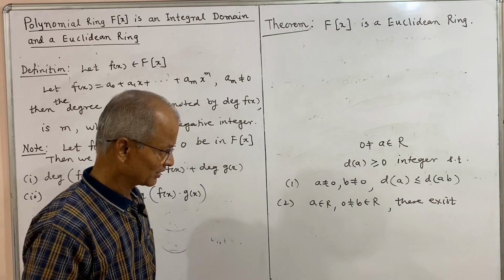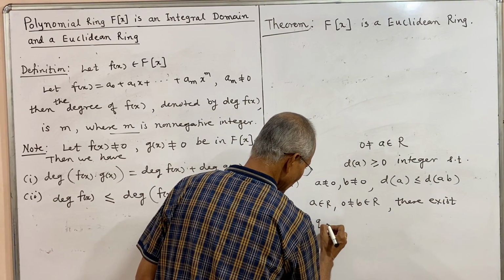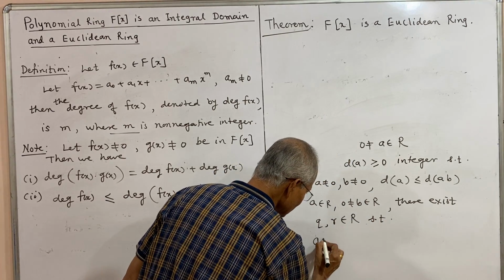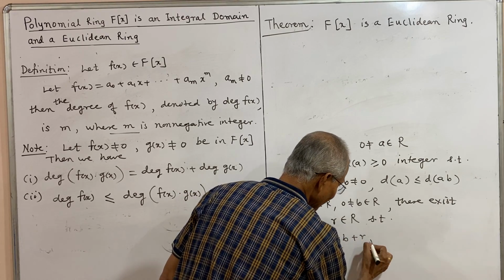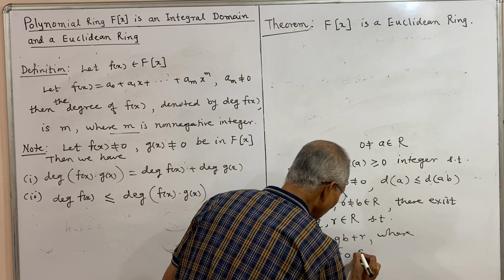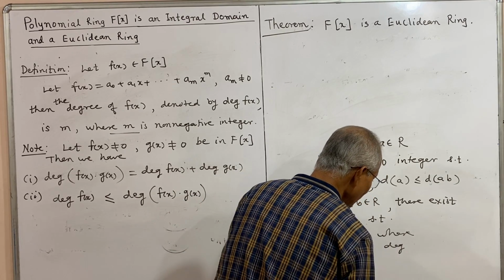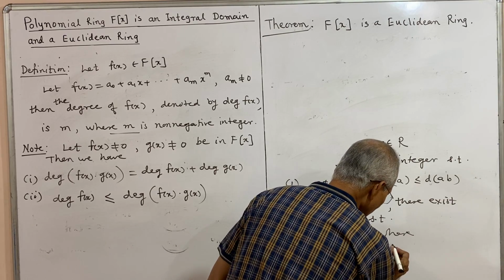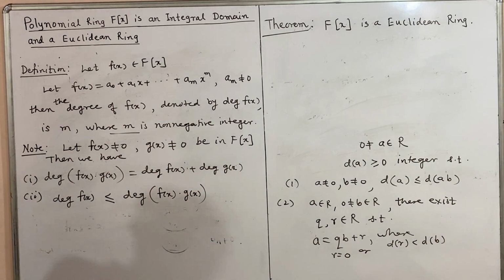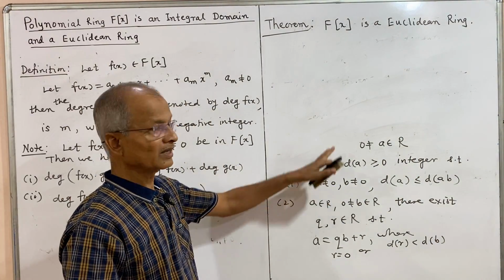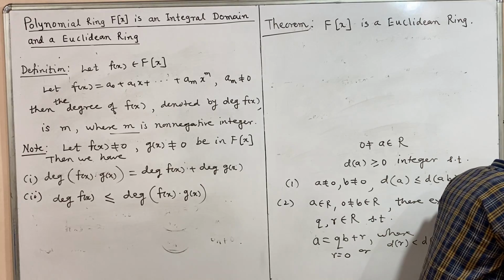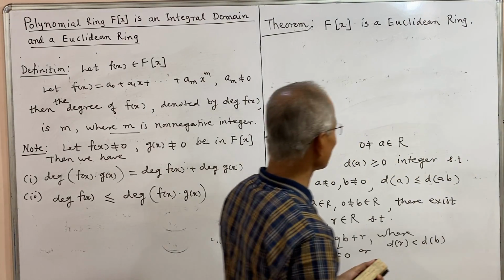two other elements that we denote as q and r belonging to R, such that a is equal to qb plus r, where r is equal to 0, or the d value of r is less than the d value of b. So, this is the definition of Euclidean ring. Now, we shall have to show that this F[x] is a Euclidean ring, and for that purpose what